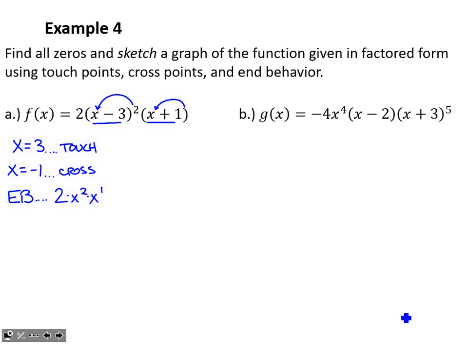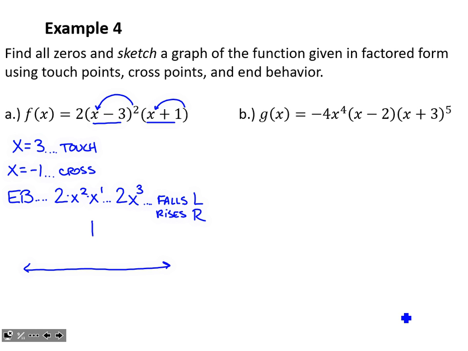In this case, if I were to FOIL everything out, I would have a 2x to the third leading this whole thing off. It's a positive leading coefficient with an odd power, or an odd degree, I guess I should say, because I know it's the highest power. That tells me that it falls to the left and it rises to the right. Okay, and that's just going to help me build my graph. I need to know what happens on the ends to make this sketch.